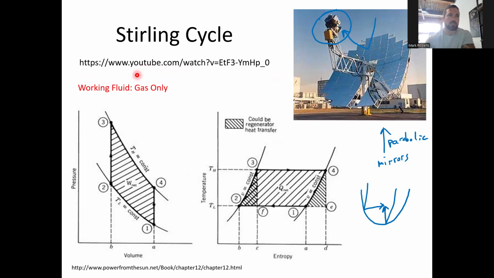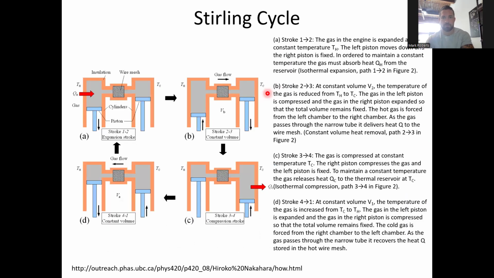Anyway, what I'm saying here is there's a YouTube video about a minute and a half long. It shows schematically very well how the Stirling cycle works, and I think that would be the most useful place to start. But otherwise, in general for the Stirling cycle, you have two piston cylinder arrangements,